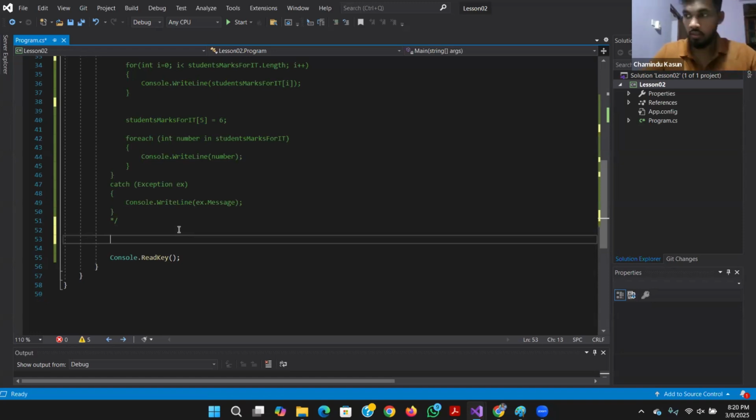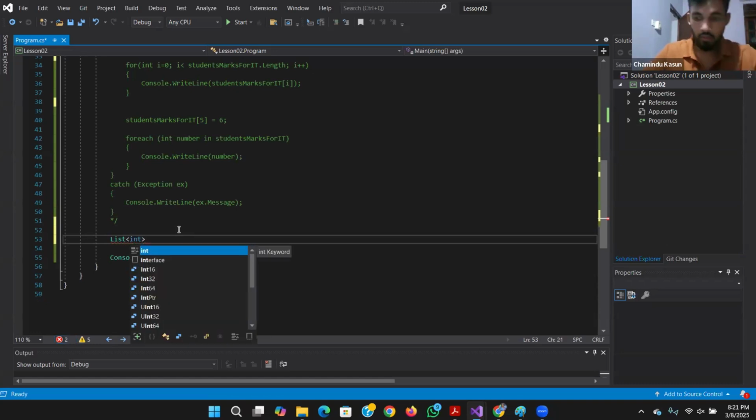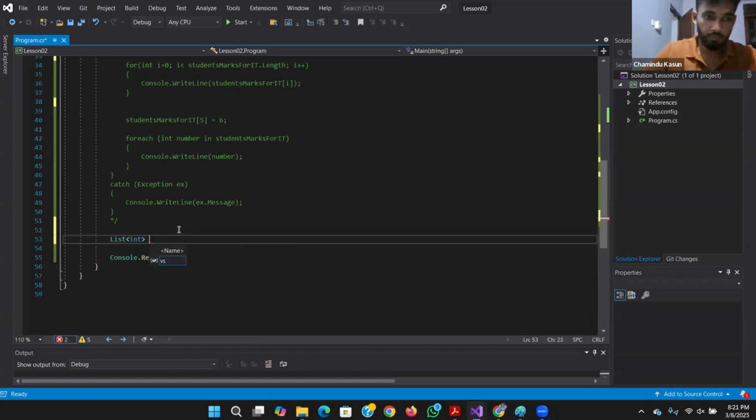So we can define a list like this. I want to create a list, right? This is the integer type, and let's name it